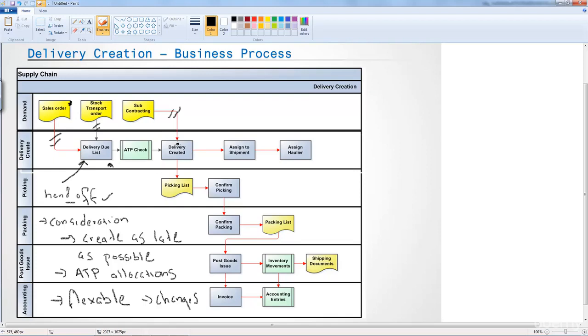We'll also see in the next lectures how the subcontracting is actually not created via the standard SAP due list. It's via a different transaction. Now, in this video, we will not be seeing how we create a delivery via subcontracting in detail. There is a separate video for the subcontracting process itself. But for now, we're going to look at the sales order and the stock transport orders and how we create deliveries via the delivery due list. As I mentioned before, the subcontracting obviously is a different transaction,